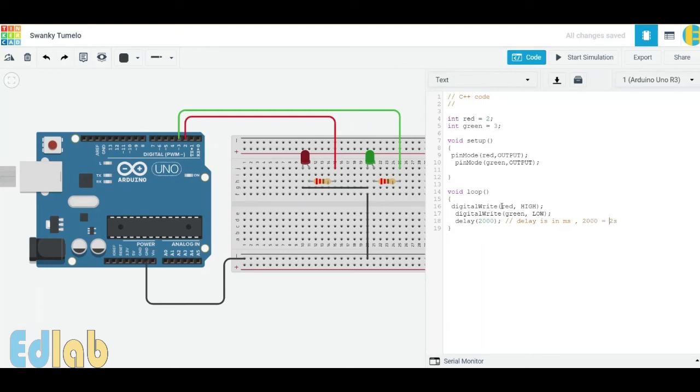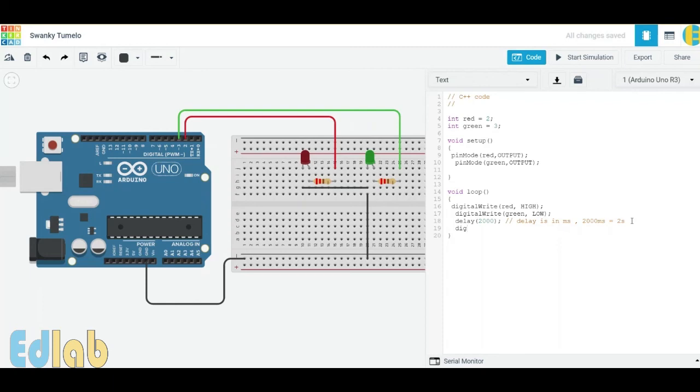So this 2000 milliseconds is equal to 2 seconds. So the red LED will turn on for 2 seconds, and the green will be off for 2 seconds.